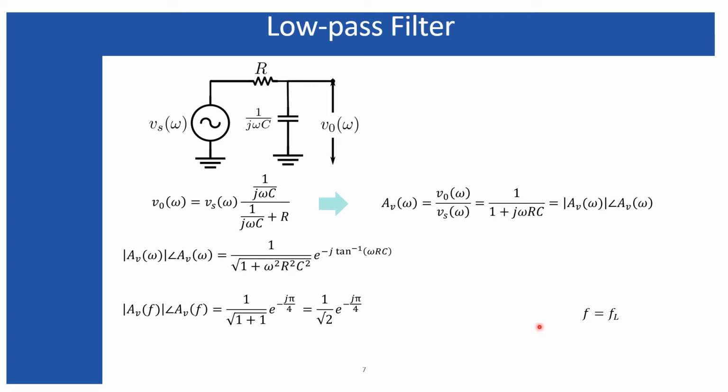Look at here. When f equals FL, that factor goes to 1. So 1 over root 2, and the phase angle is pi by 4 because this omega RC was there. So at f equals FL, that goes to 1, and tan inverse 1 means pi by 4. So it appears at pi by 4, 45 degree. Now the last one, when f is very greater than FL.